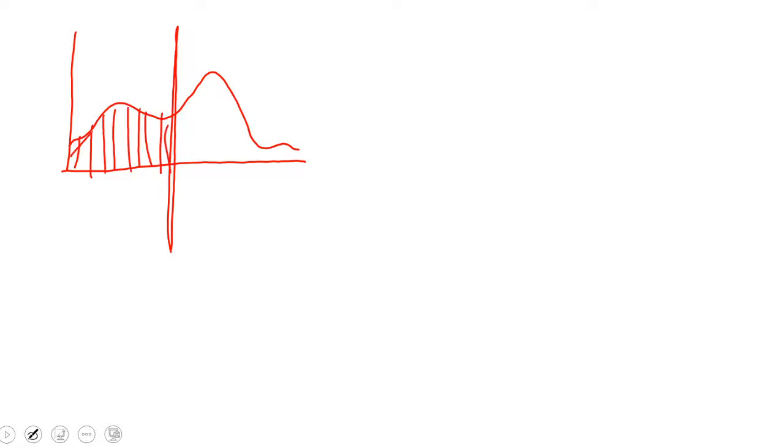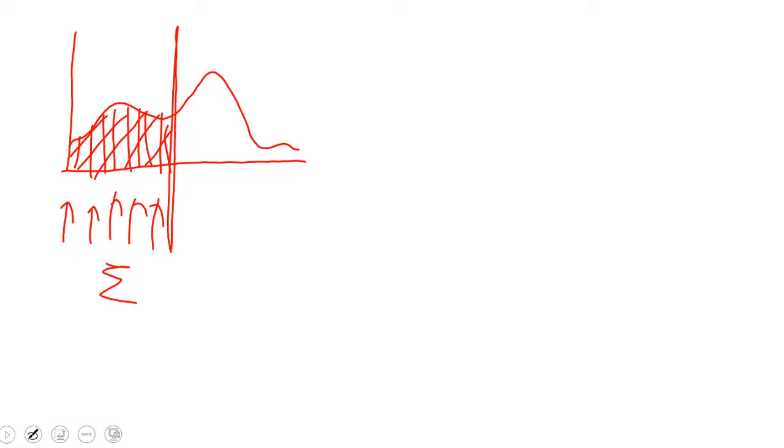Technically, it is the area covered by this part of the graph. So we add the value here, here, here. We continuously read the values, and if we sum them all up together, that is what we mean